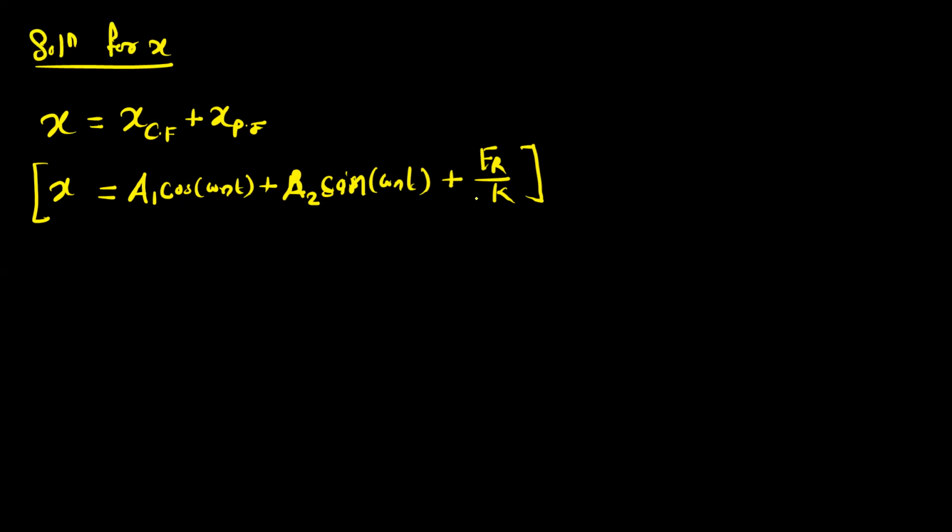Now from this equation, we will plot the waveform of displacement versus time or displacement versus angle. Okay. And therefore we should find out these constant values a1 and a2. So to find out these constant values a1 and a2, we will assume some initial conditions. So these are the boundary conditions.